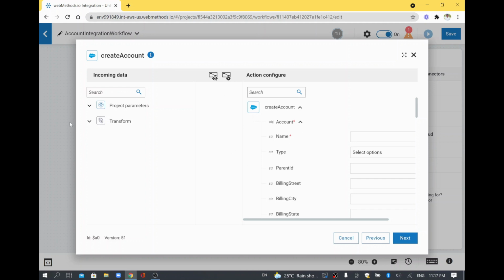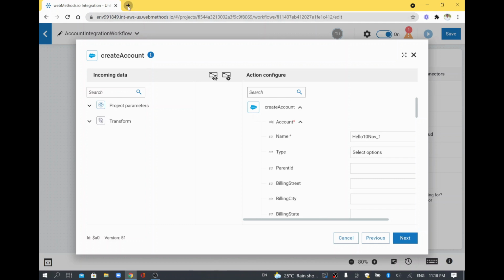For this demo, I'll not take it from any previous step. I'll just create one account name, say hello, and today's date is November 10, so I'll say hello 10 November _1. This is the name I'll create.